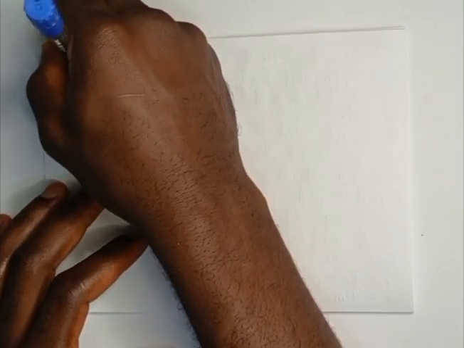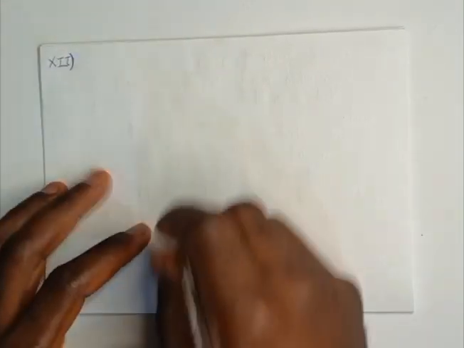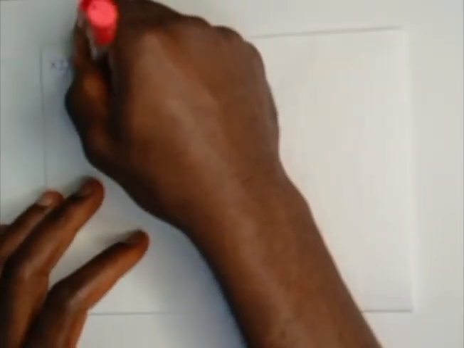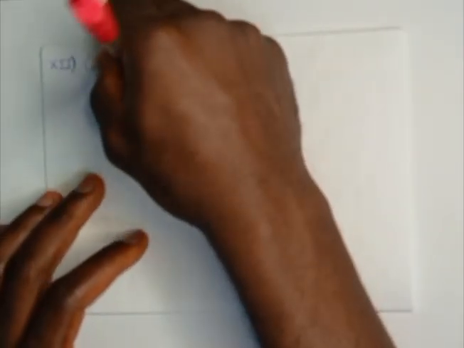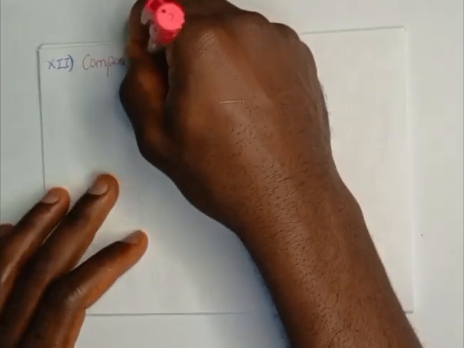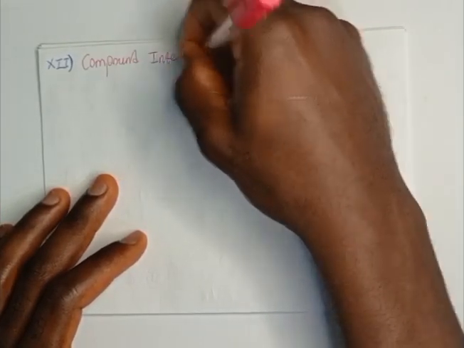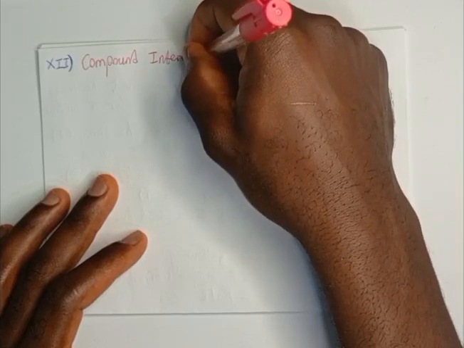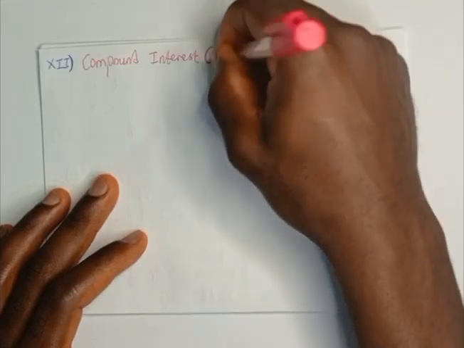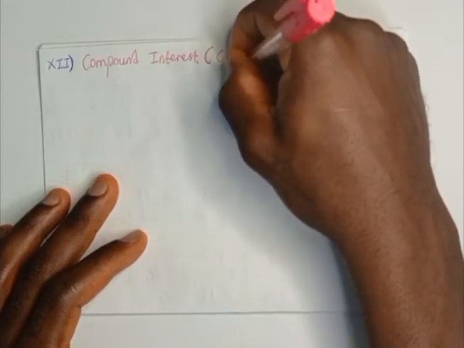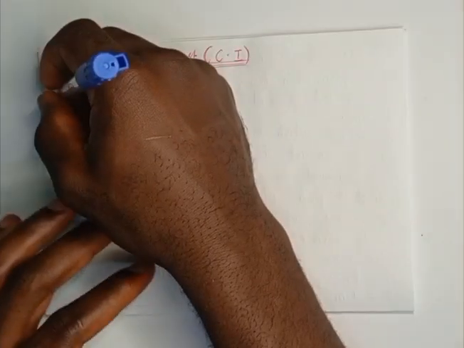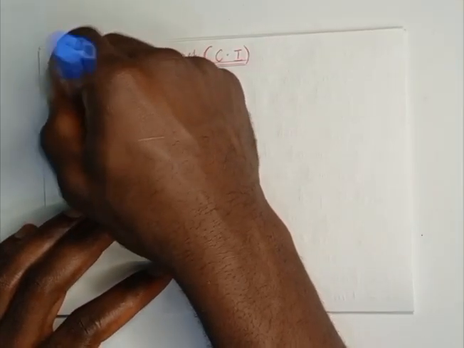XII, that is 11, compound interest is abbreviated by capital CI. Let's take this down. Compound interest,